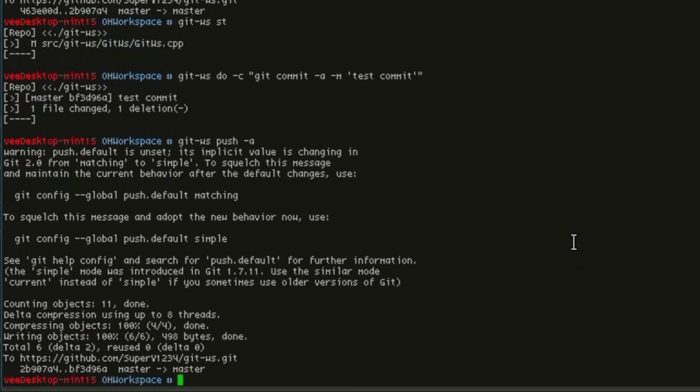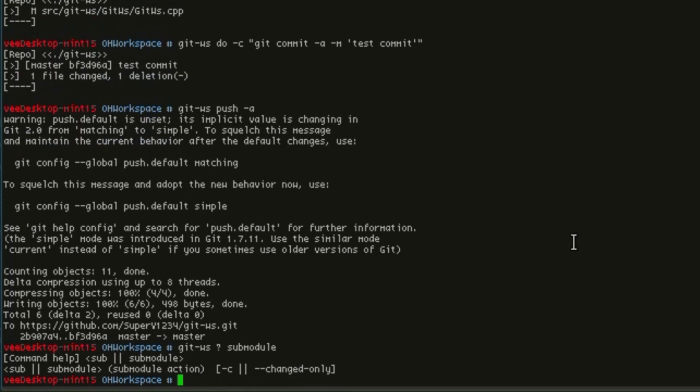Another cool feature is git-ws submodule, which basically takes a submodule action argument and the usual -c flag, which will only make the command run on the changed Git repositories. And basically, if I want to update all the submodules in a repository, and by update I mean pulling them from the online repositories, so getting the latest version, and then pushing the entire repository with the updated submodules, I can simply